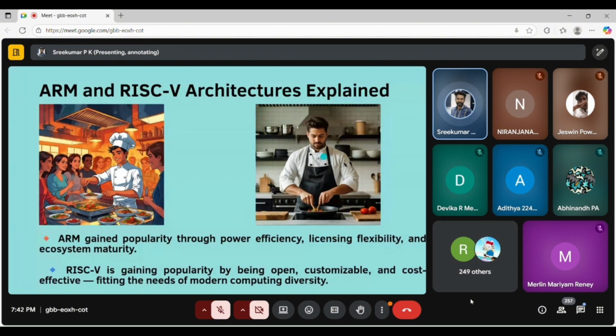And one guy is right now learning how to prepare dishes. He is using his own kitchen, his own equipment, and he is currently gaining popularity through his own experiments. So it's being open, customizable, and cost-effective, fitting the needs of modern computing diversity.